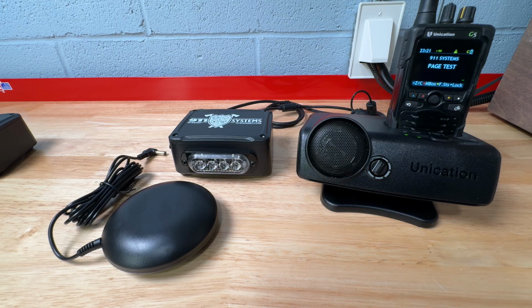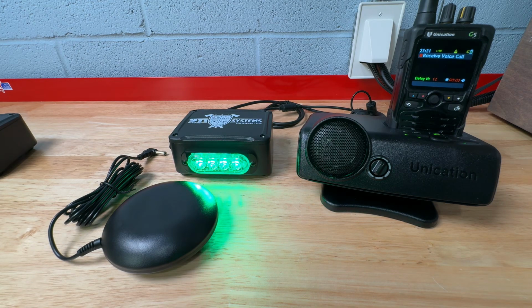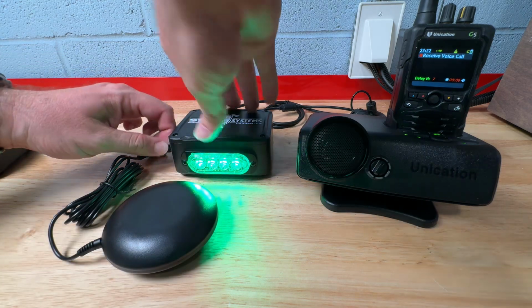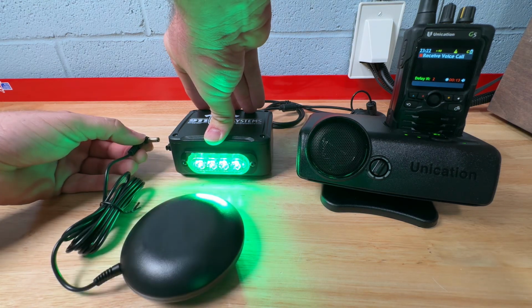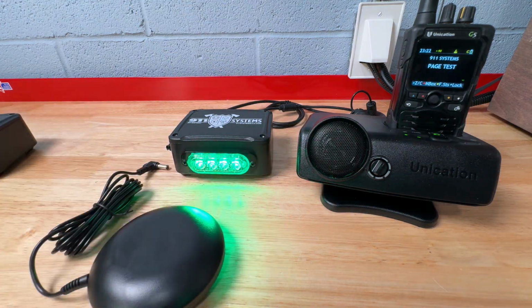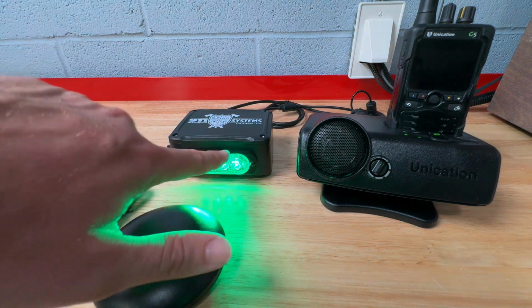Now, if we put out a fire call, let's see here. So now it'll stay on until we press the reset button, because we have the fire tone set up to continuously go until we reset it. That way you make sure you wake up. So if I was to plug this in, it would start shaking the bed, which we don't want right now for this video. But that's a demonstration of the HomeAlert3 Plus model, the Tier 4 version, which is just a single color 4 LED version,